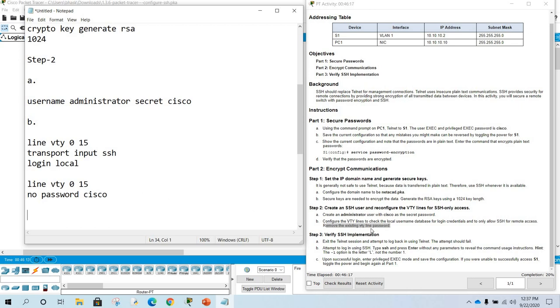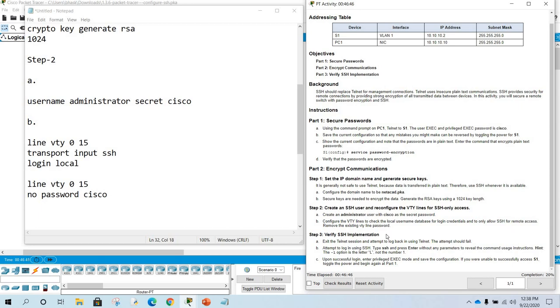Now we are going to remove the existing VTY line password. So in step number B we have two options: allow the local user database and only allow SSH for remote access, and also remove the existing VTY line password. That's all about step number 2.